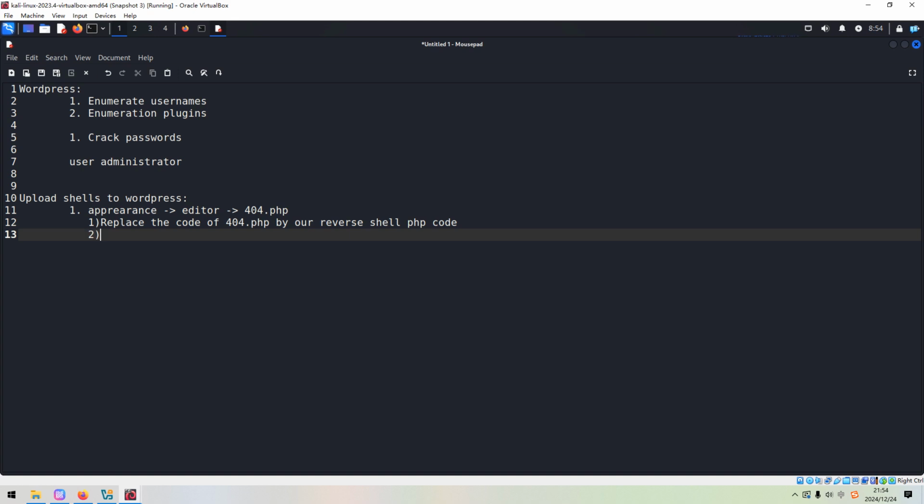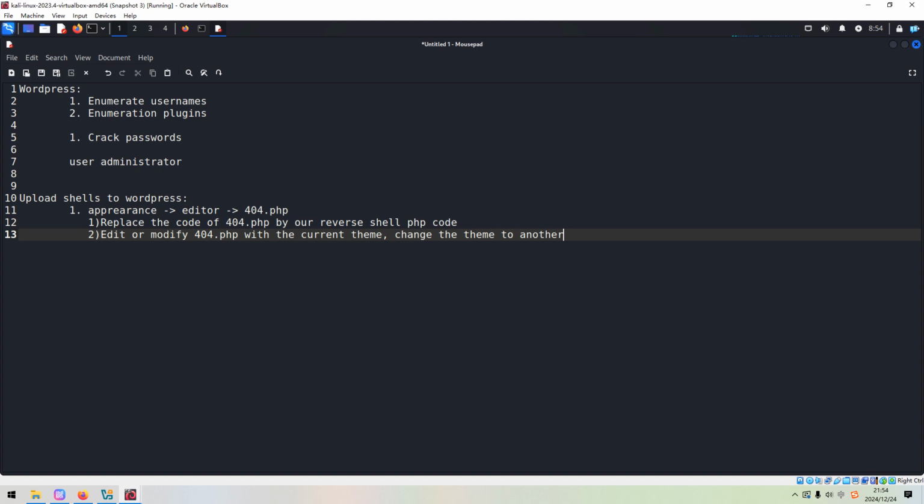And sometimes we cannot edit or modify 404.php with the current theme, and then we can change the theme to another one, and then we can do the same.